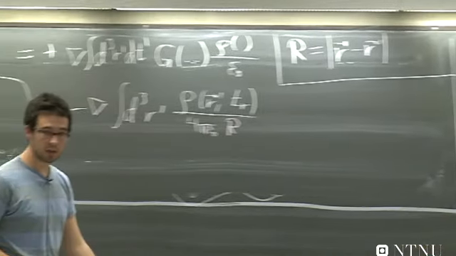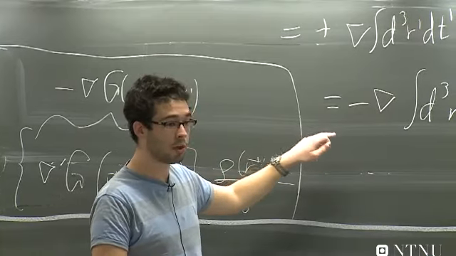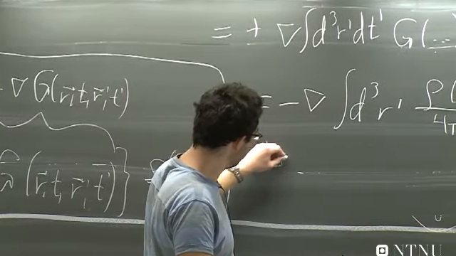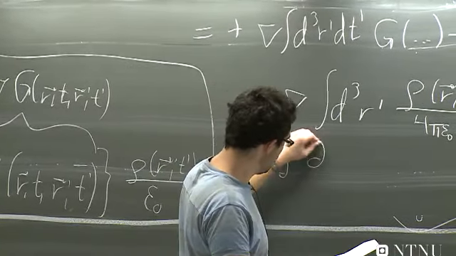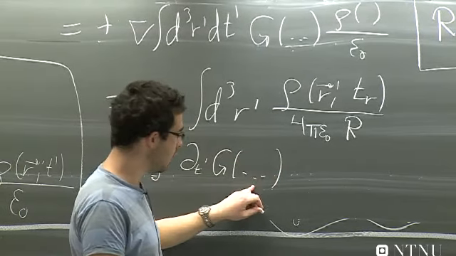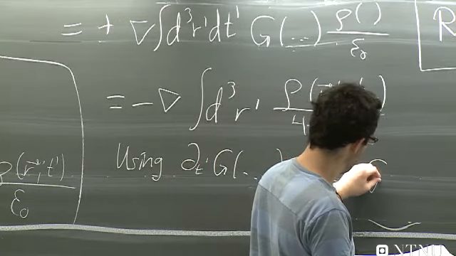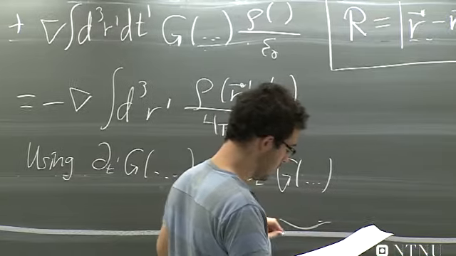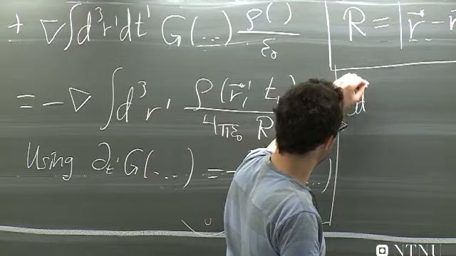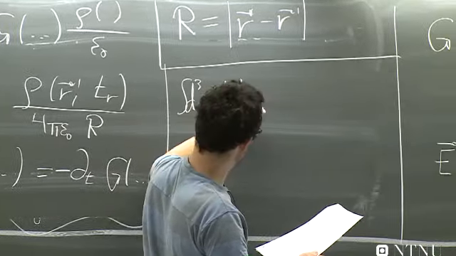So performing exactly the same trick, I will get the time derivative outside the integral because of the properties of the Green's function. So using that dt prime of g of all the 4 variables is equal to minus dt unprimed of g of all the 4 variables, I get that the integral over d3r prime dt prime,